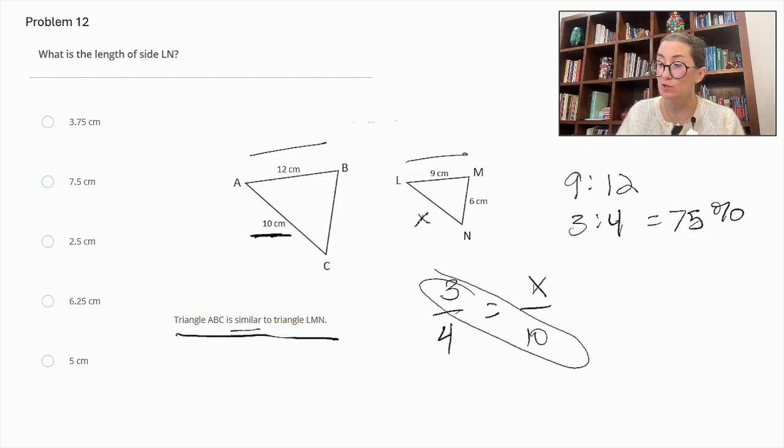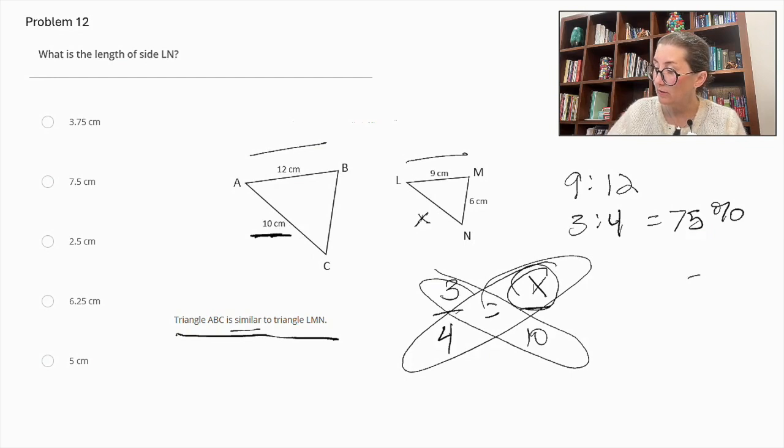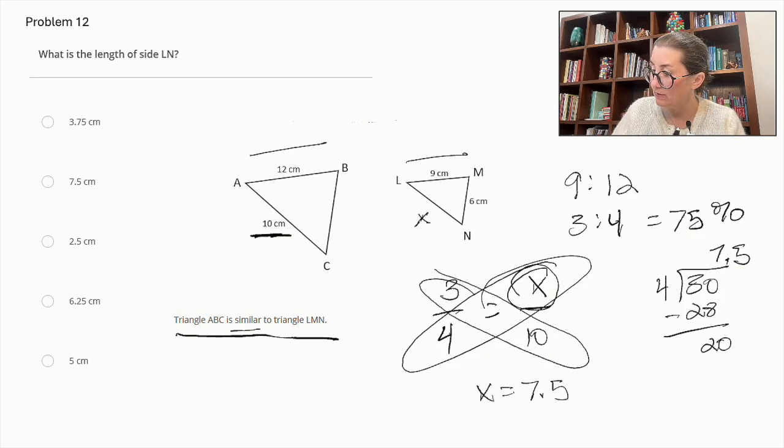10 times 3 is 30. We need to find X, so we need to divide 30 by 4. 4 goes into 30 7 times. We get 28, 2, and then we put a decimal. 20. 4 goes into 20 5 times. So X is equal to 7.5